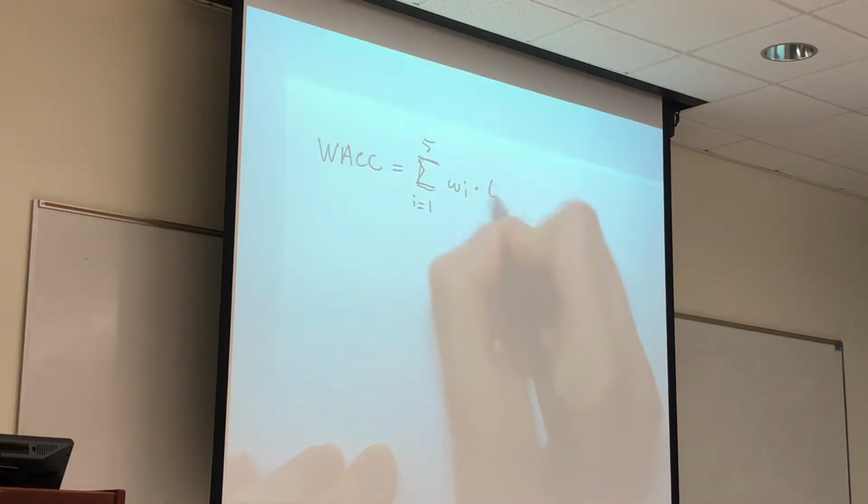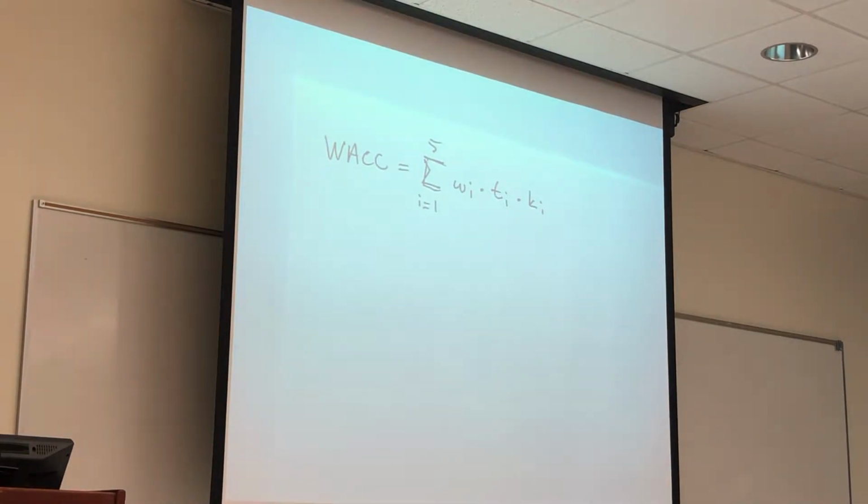And every one of them will have their tax. Well, some of them won't, but we'll just assume it's 1, so it won't have any effect. And every one of them will have their K. This K we're going to use as the rate, but it has different meanings on each of the components, so there's no clear thing that I can tell right now. So we have 5 components.